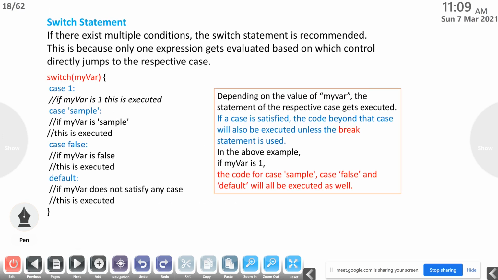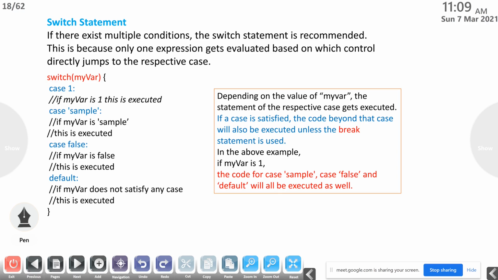The next one, switch. So we discussed the if statement, then the if-else statement and the nested if-else statement. Here, the switch statement. If there exist multiple conditions, the switch statement is recommended. This is because only one expression gets evaluated, based on which control directly jumps to the respective case.